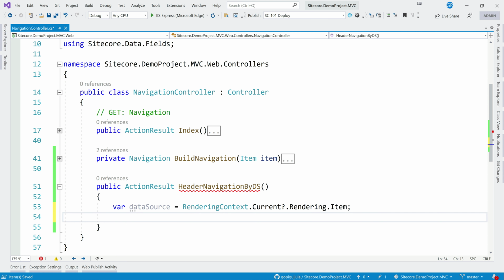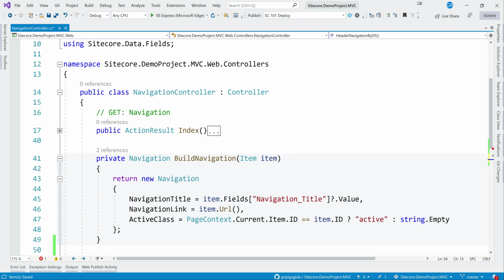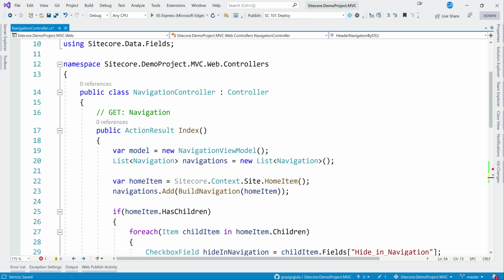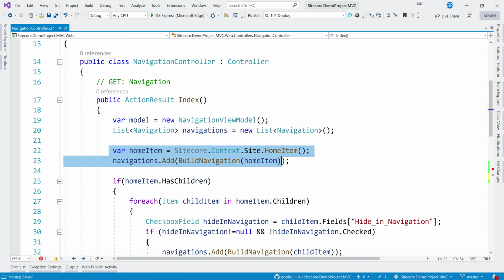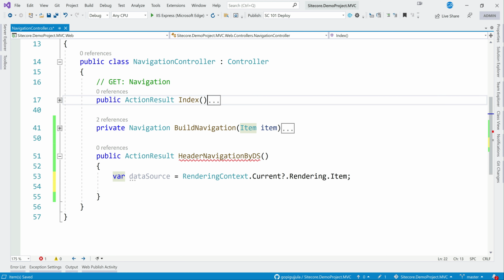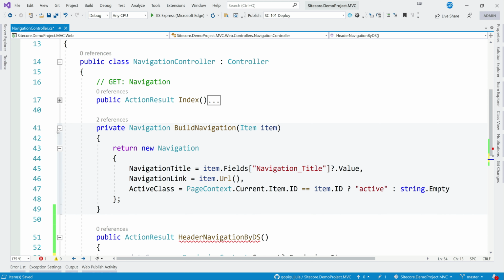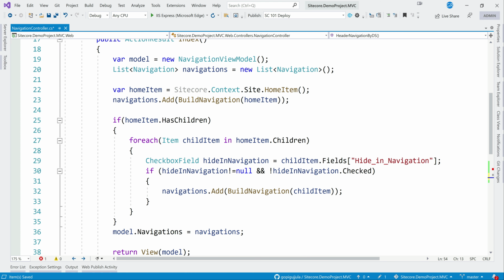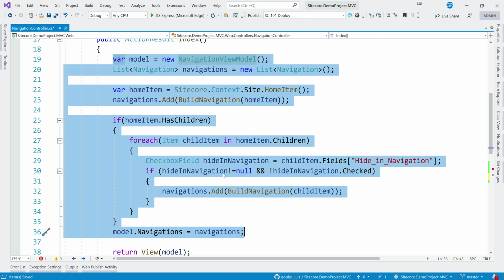Now we can play. Now this is as good as our previous navigation here. Just that we have removed this tree here. I mean, we are getting the start item from the code, whereas now we are giving the start item of the data from the data source. So here we can start reading the children, and let me just copy this code. Let's just see if I can use this code. Yeah, I can most probably replicate everything.